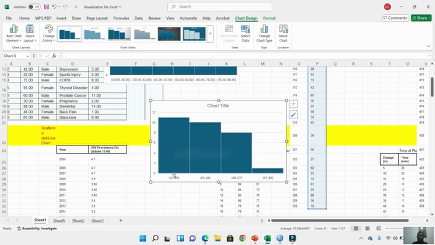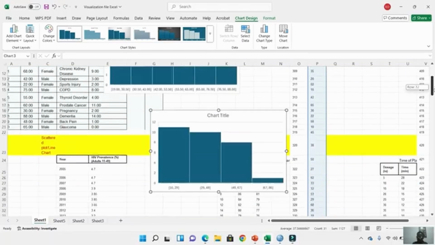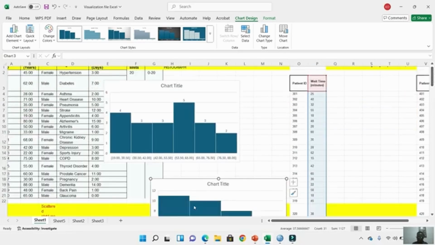So you see that the waiting time is always between 10 and 29. Is it in minutes? Yes, waiting time in minutes. When patients come to see the doctor, the nurses, the time it takes for them to get attended to normally lasts within 10 to 29 minutes. Mostly, you can see it has the highest frequency, then followed by 29 to 48 minutes. So that's just one thing with the histogram. All right, so